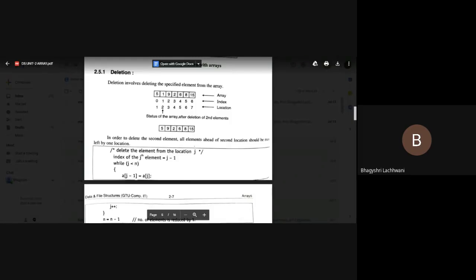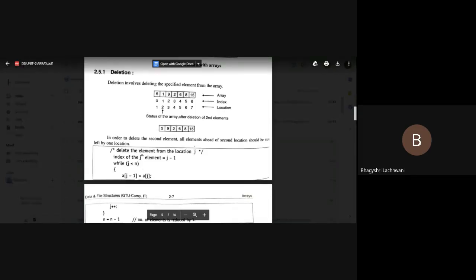Now first try to understand what is index and what is location. See, in the array, suppose we are taking the first element, that is element number 5. So we will take it as location 1, that means the first element of our array. Always remember, our array index will always start from 0. If your location is first, and I give you a task to choose the first element of the array, you will select 5.